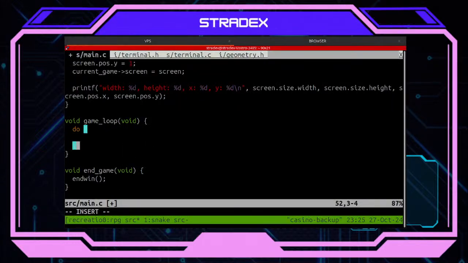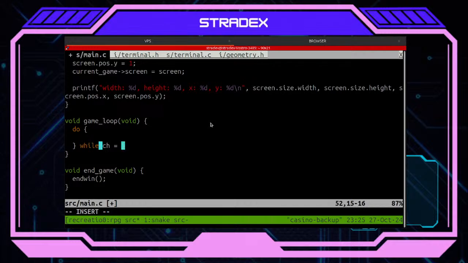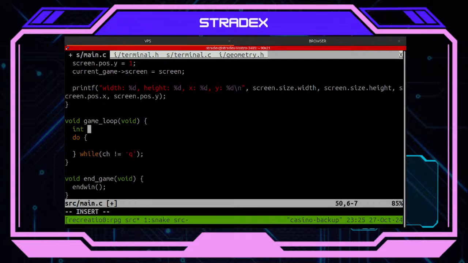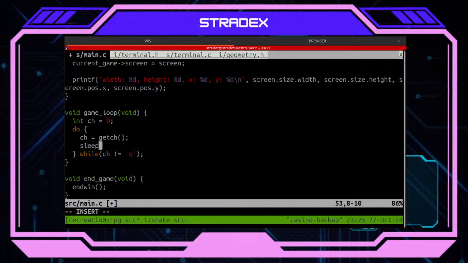Do while ch is different than q. Ch equals get character, and let's sleep. But actually I want to get the character without blocking my screen.